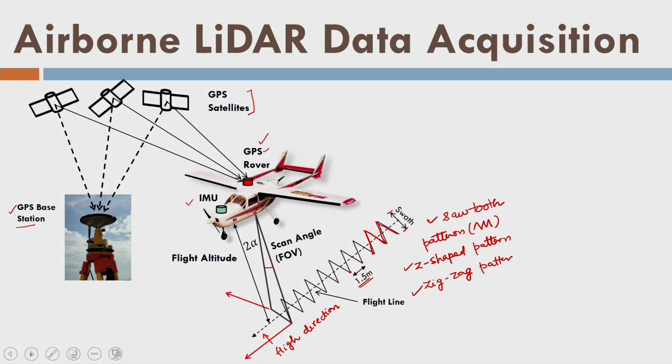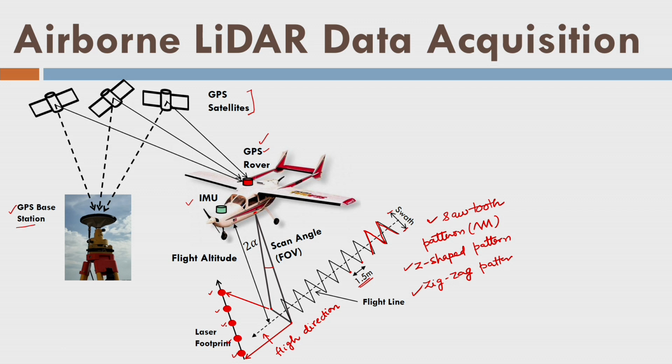Then if I just take one particular line, for example this line from here to here, I can see here that it is acquiring this many pulses, 1, 2, 3, 4 and 5. Each pulse is creating some footprint on the ground surface. So that is creating the horizontal inaccuracy or horizontal uncertainty of each pulse data of LiDAR. So we are writing here laser footprints, and this is the spacing of 1.5 meter, which exists between the 2 points in a line.